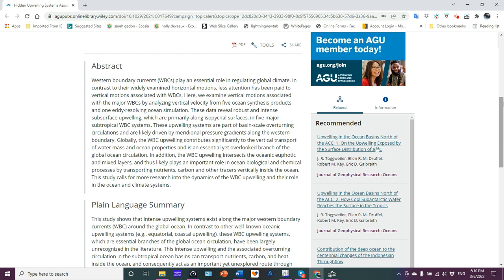Here we examine vertical motions associated with the major western boundary currents by analyzing vertical velocity from 5 ocean synthesis products and 1 eddy resolving ocean simulation. These data reveal robust and intense subsurface upwelling, which are primarily along isopycnal surfaces in 5 major subtropical western boundary current systems. Isopycnals are basically lines of equal density. Like you have isotherms, isobars, right? That's all an isopycnal is, just lines of equal